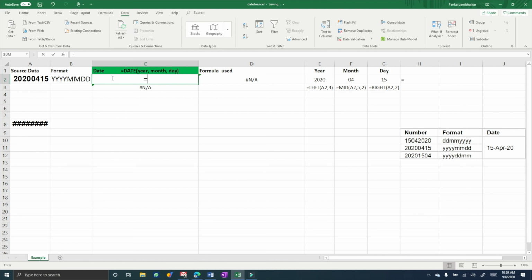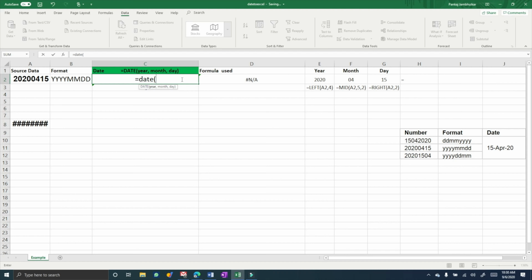Now I'm going to use DATE. What I need first is the year, so what is the formula for year? There are two options. If you are not comfortable, you can derive year, month and day separately, and then for the date mention that E2 has the year, here is the month, and here is the day, and you will get the date. But that is okay only for small data. If you have lots of data and need a final formula, the best thing is to write a DATE formula and give these formulas inside it, so that it gives this value.